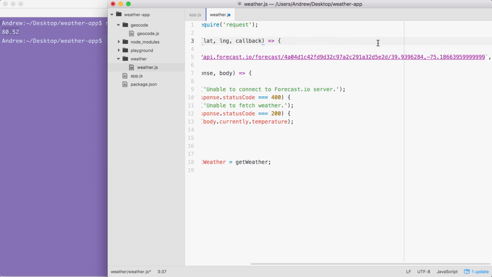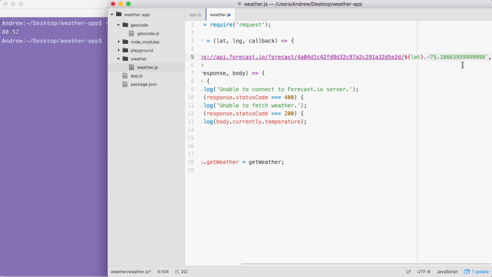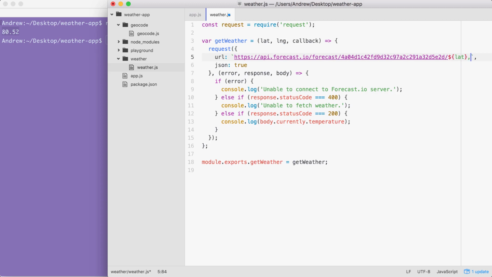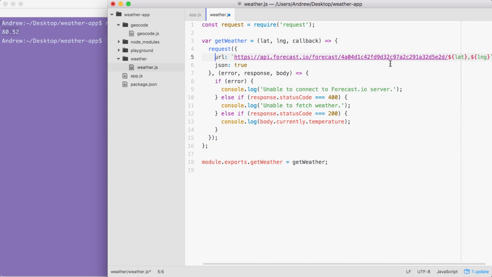First up, let's inject that latitude. I'm going to take the 39.93, remove it, and between the / and the comma, I'm going to inject it using $ with our curly braces, which lets us inject a value into our template string, in this case, lat. And we can do the exact same thing right after the comma with the longitude. I'm going to remove the static longitude, use the $ with our curly braces to inject the variable into the string. Now that the URL is dynamic, the last thing we need to do inside of getWeather is change our